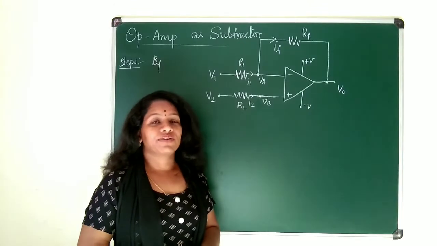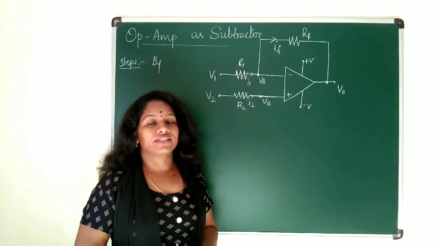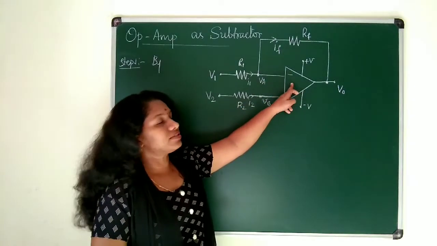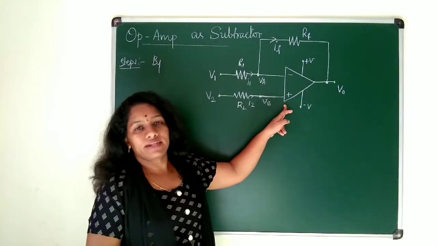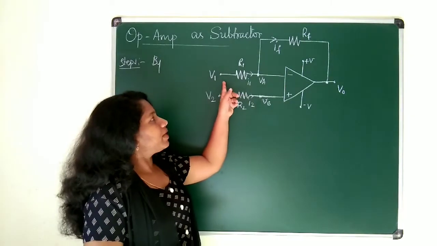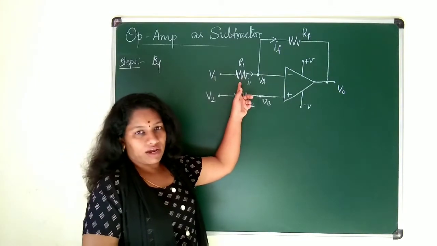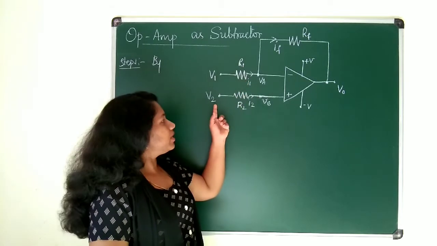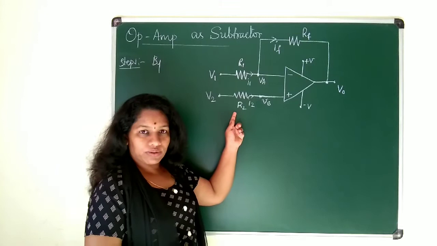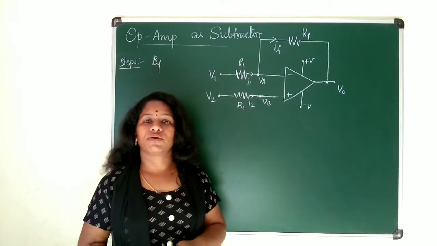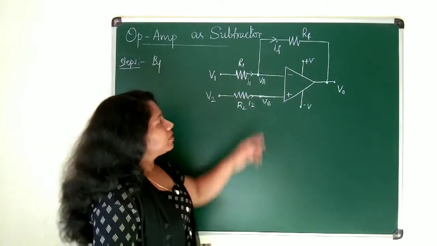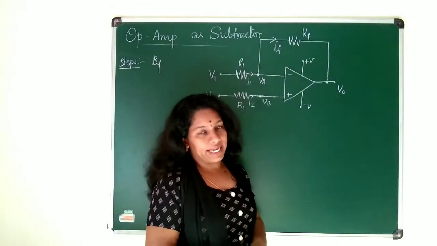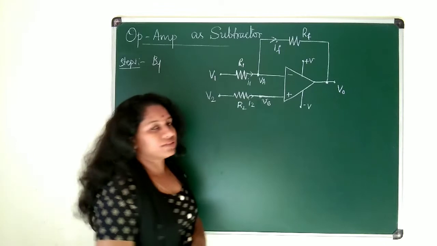In this second case, we are feeding input voltages V1 and V2 to the two different terminals of this op-amp, that is the inverting terminal and the non-inverting terminal. When we apply V1 through resistor R1, the current flowing through that is represented as I1. Similarly, here V2 is applied through the R2 resistor and the current flowing through that is I2. Now the feedback is connected through the RF resistor to have control over the gain. Okay, so this is all about the circuit.